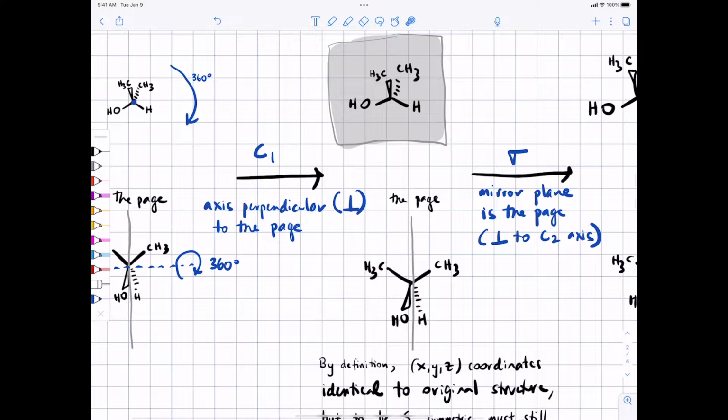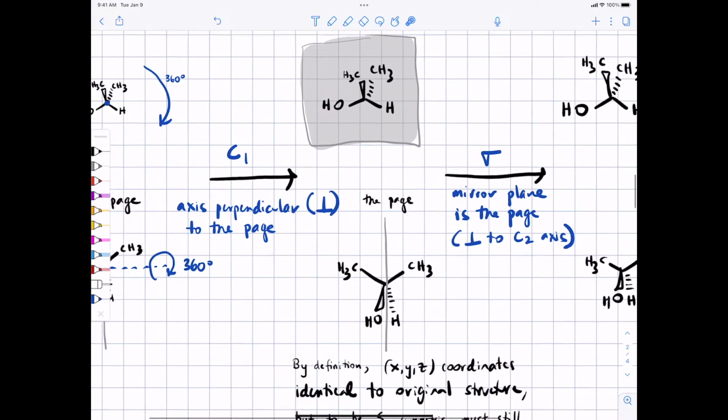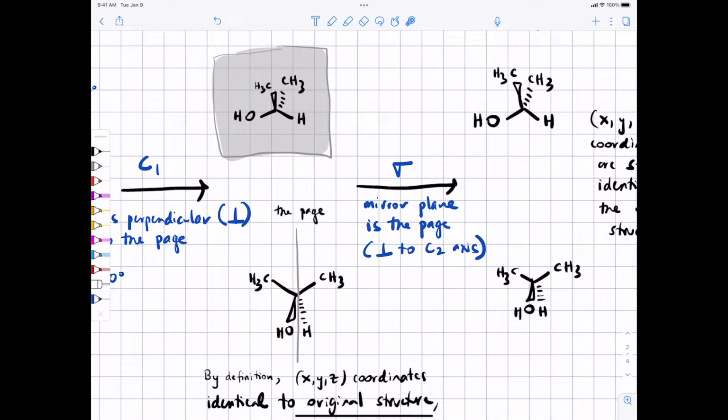Similarly, if we were to look at this on the side, this is what we would see. Here is the mirror. And you can see that if we reflect everything above the mirror, below the mirror, you guys know that the mirror operation is a front to back kind of thing. The stuff that is farthest, the stuff that is in front, closest,